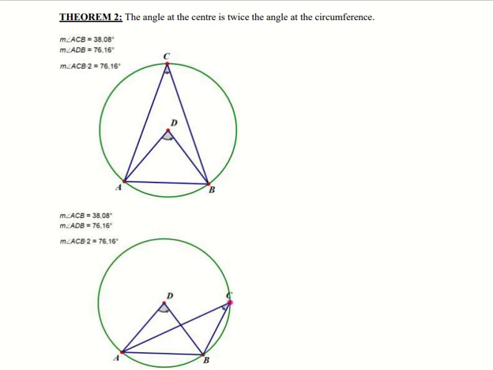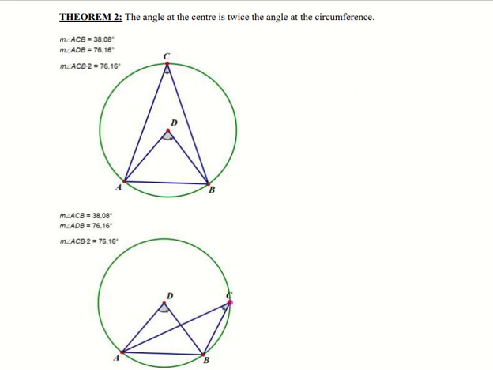We found that the angle at the center, which is D, will be twice angle ACB. So the angle at the center is twice the angle at the circumference. How do we prove that